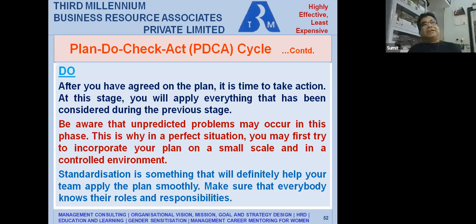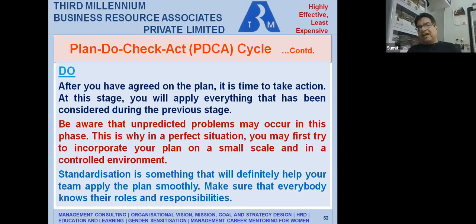You have something in mind. Your plan may have a particular word which can be misinterpreted. So therefore, please test it out on 10 people before you throw it open for 1,000. And the initial part you can do with the people who are closer, who will give you a genuine feedback. That is the idea here. So plan it in a small scale, in a controlled environment. Then